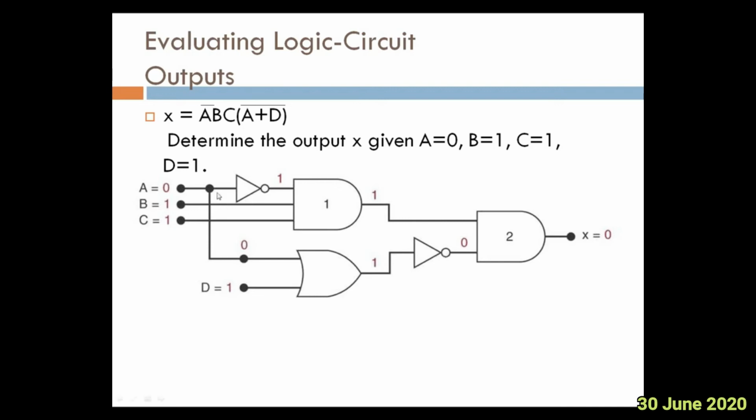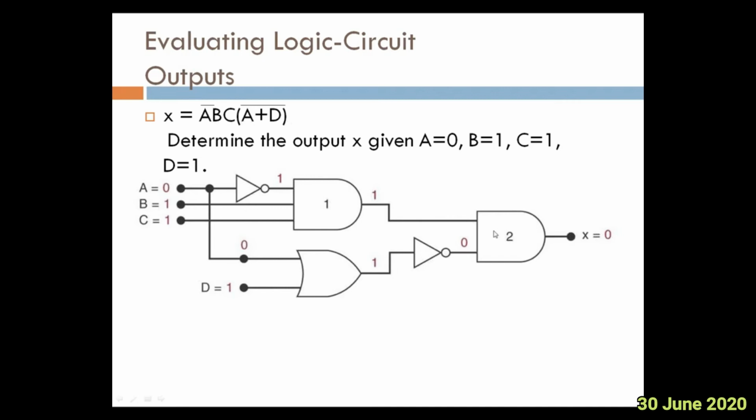Understood how the block diagram of logic gates is drawn using this expression. Totally how many gates? 1, 2, 3, 4, 5, right? One is for this complement, another is for this complement, 2 NOT gates. One is for AND here, one is for OR here, and for both one more AND is here. So for A, B, C one AND, and for A plus D one OR, and for both it is one more AND. See, this is 1 and 2 is written, the meaning of which is this is the first AND gate for A, B, C, and 2 means then further to make it AND.